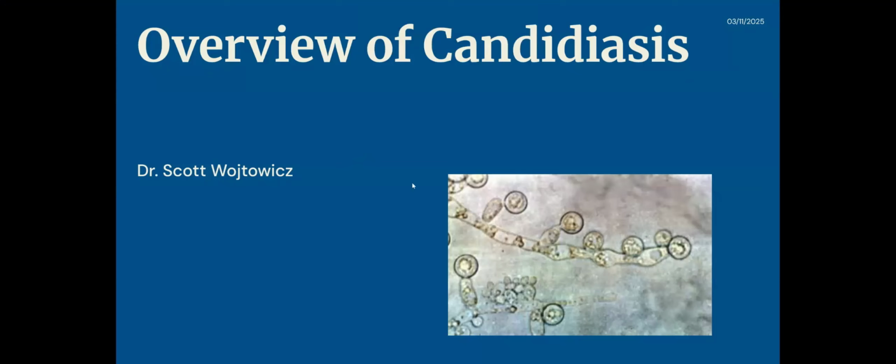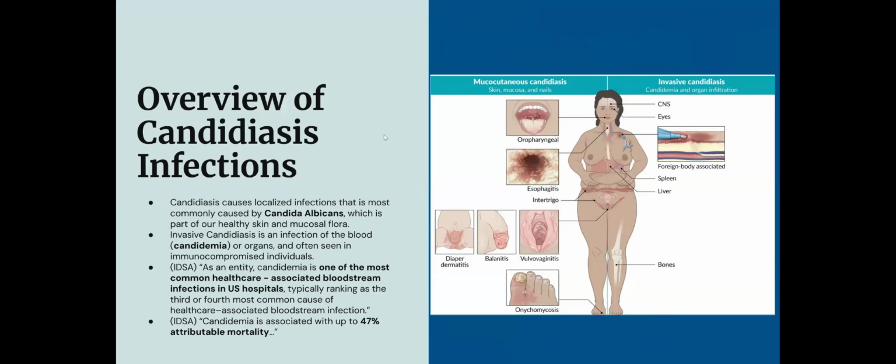Okay. Perfect. So we're going to go over candidiasis today. For the most part, candidiasis is usually a localized infection on the skin. Sometimes it can penetrate that barrier and get into the blood itself, and that's when we start calling it candidemia. It's actually one of the most common healthcare-associated bloodstream infections that we have in our hospitals, and candidemia leads to almost a 50% mortality rate